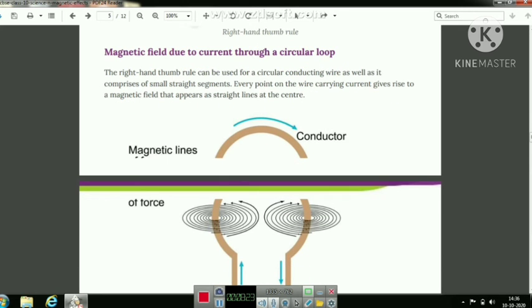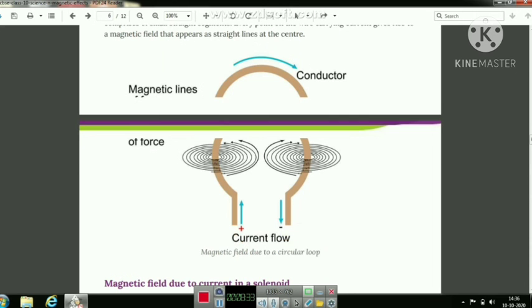If we take a wire which is carrying current, and we fold that wire into a circular loop, and one end of the wire is connected to the positive end of the battery, and the other end of the wire or conductor is connected to the negative end of the battery. Again the same thing we have to do: when electric current is passed through this circular loop,